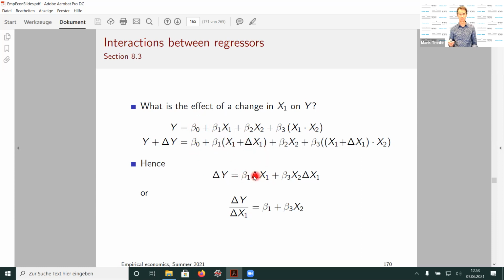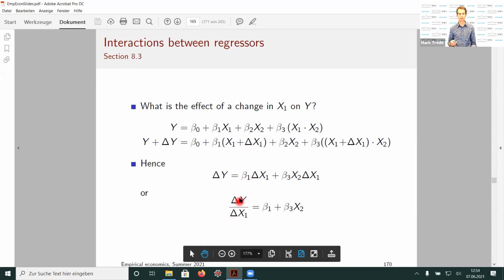So that's denoted here. Then we have beta 2 x2 that drops out. We have beta 3 x1 x2 that drops out. And we have beta 3 delta x1 x2 that does not drop out, and it's written here. So beta 3 delta x1 x2. If we divide the left and right hand side by delta x1, we get the marginal effect of a change